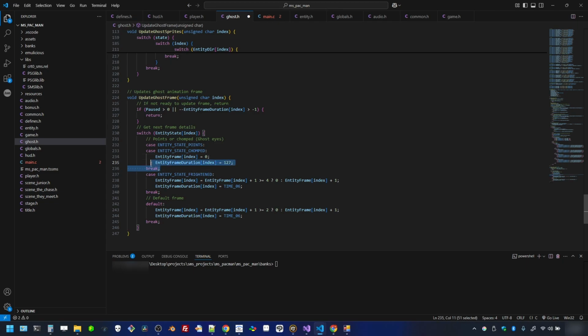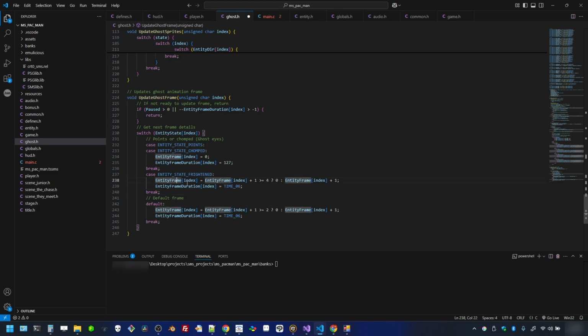So it's a little wasteful, but it's cleaner this way. And it's not really all that much different from updating frames later in the game anyway. So here again, since these are only one frame, and you can see I do a fall through with the point state, and then fall through into the chomp state, and this is one chunk of code with the break here. And again, it's just gonna always keep it that any frame is the first frame, so everything starts at 0. And then with the frightened state, since it has more frames than the other ones, I'm just going to